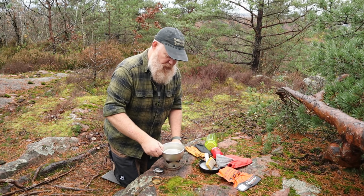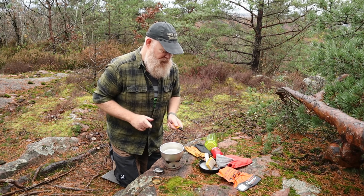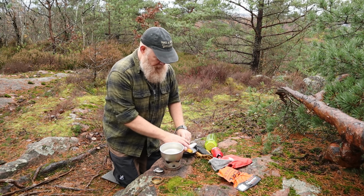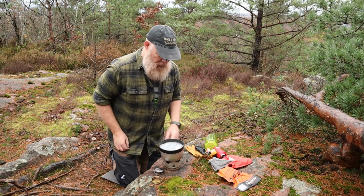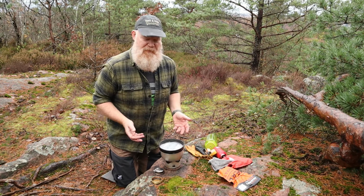And it's almost dead calm today, so I will hazard I won't use the windscreen, but I got it in case of need. And let's put on the lid, aka frying pan, and I guess we'll make a pause, because